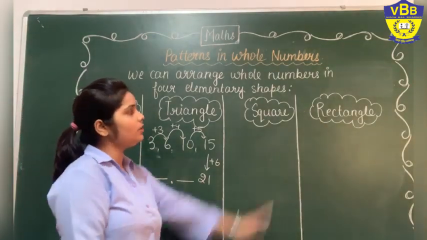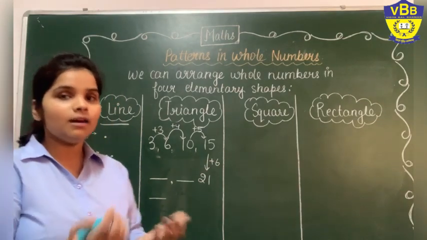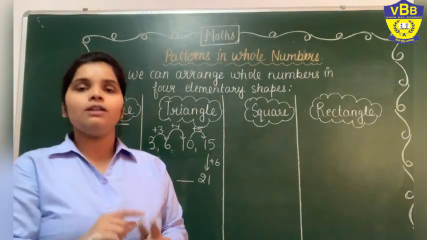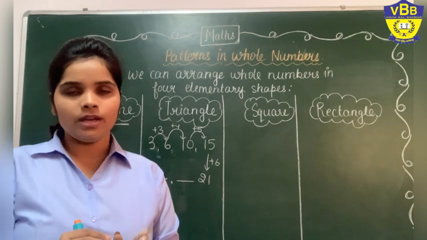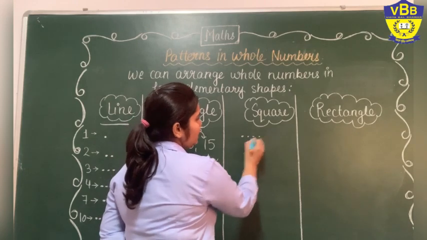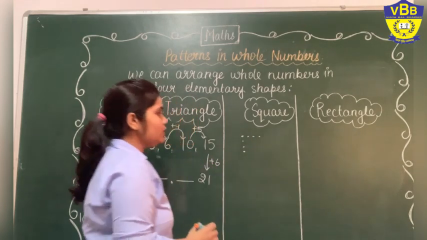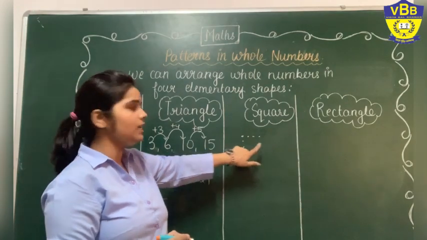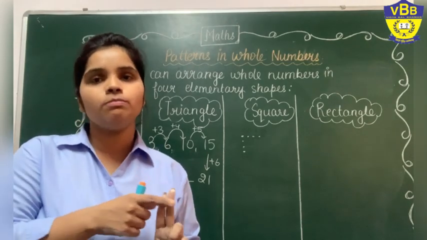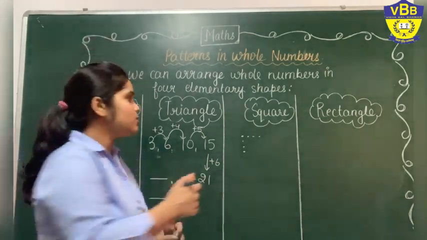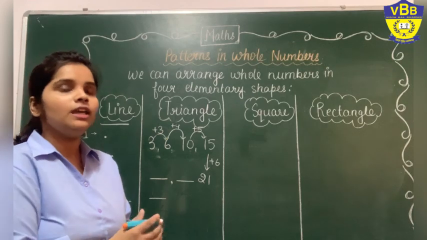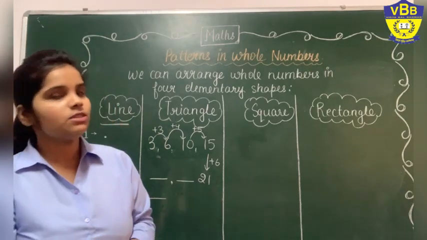Now, if we are talking about square numbers, these are the whole numbers which can be arranged in square form. You know, in a square all the sides are equal. That means the number of dots horizontally and the number of dots vertically should be equal. If there are 4 dots horizontally, 4 dots should be there vertically. The number of rows and number of columns should be equal to form a square. So what kind of numbers are they?